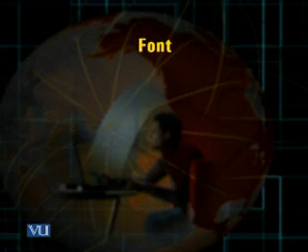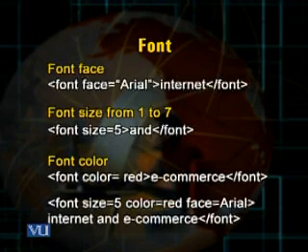Then a very common tag is the font tag. As you can see, there are three attributes I have mentioned for the font tag. First is the face attribute. I write the word font in the angular bracket, then I give a blank space, then I write its prescribed attribute face, and I put its value as Arial.